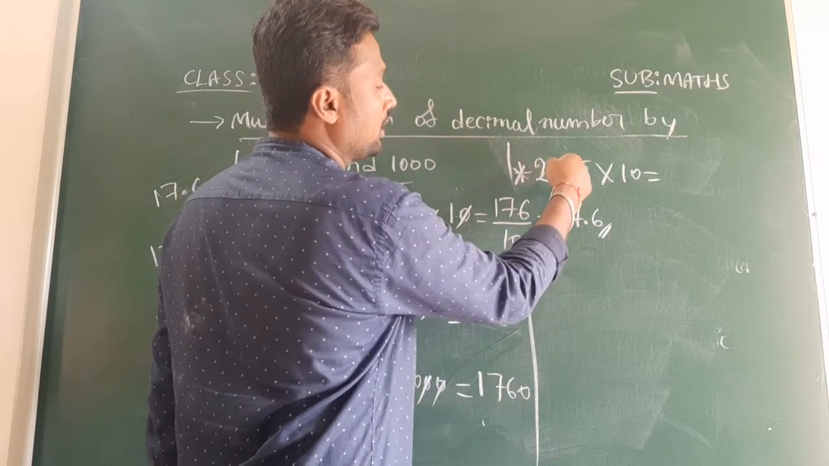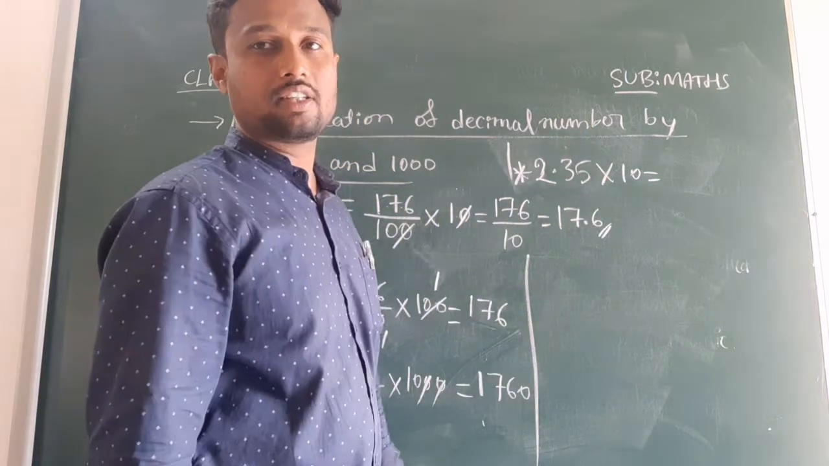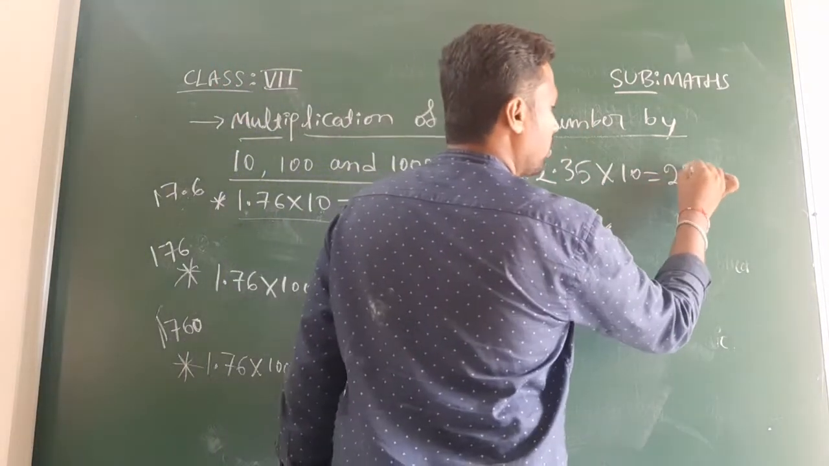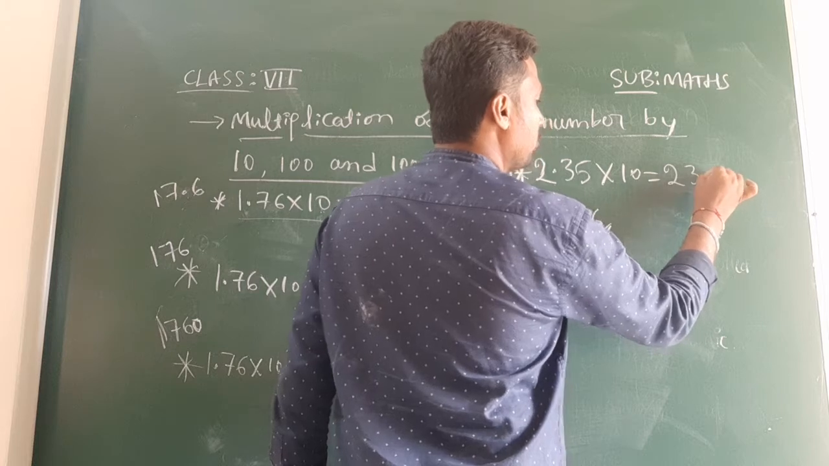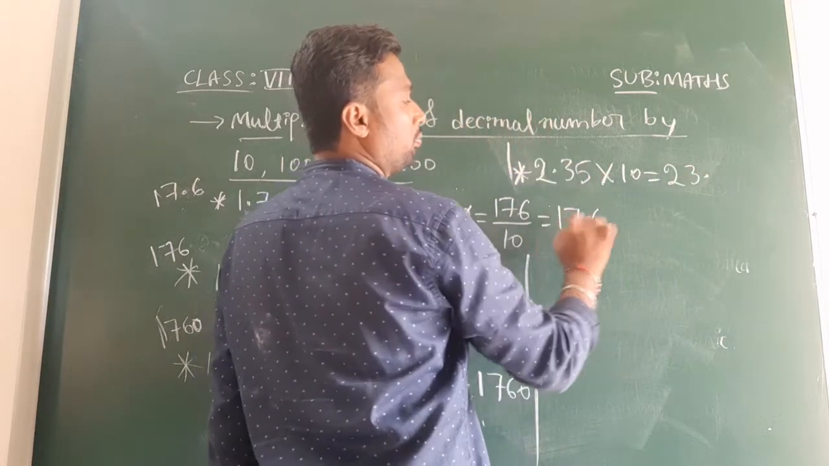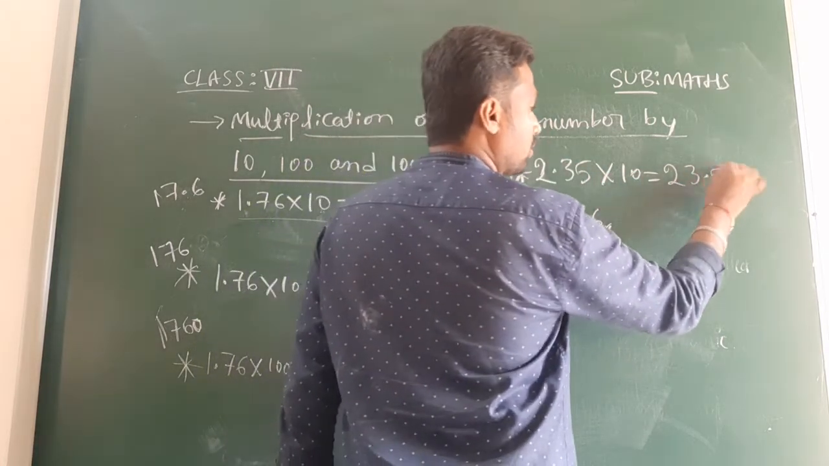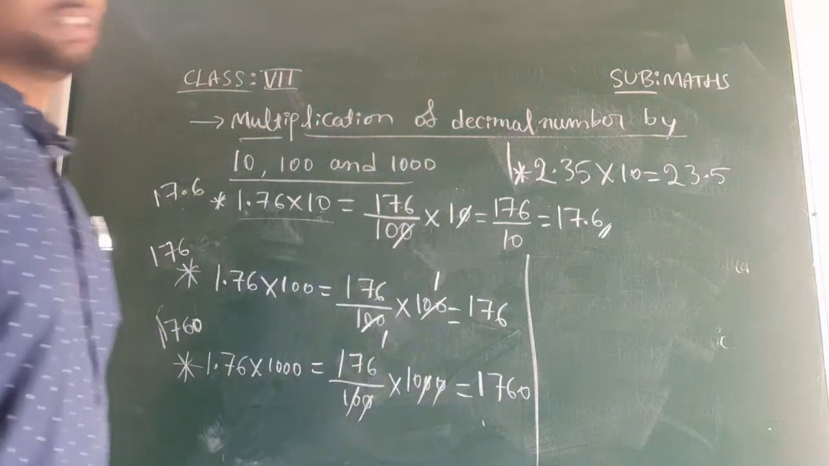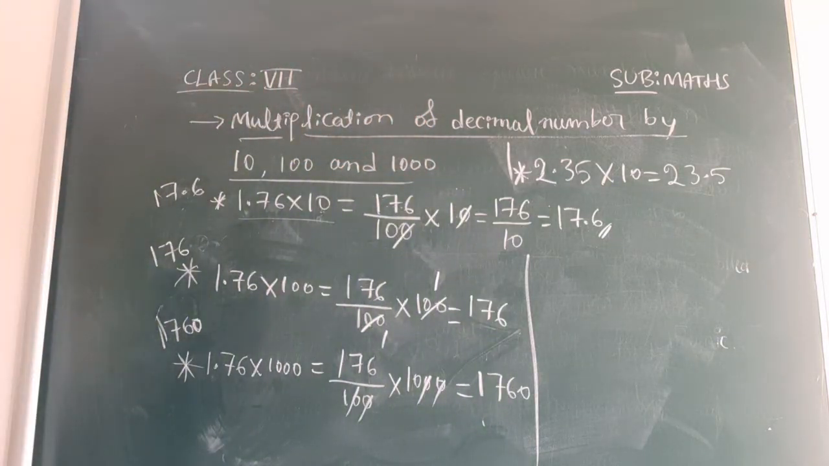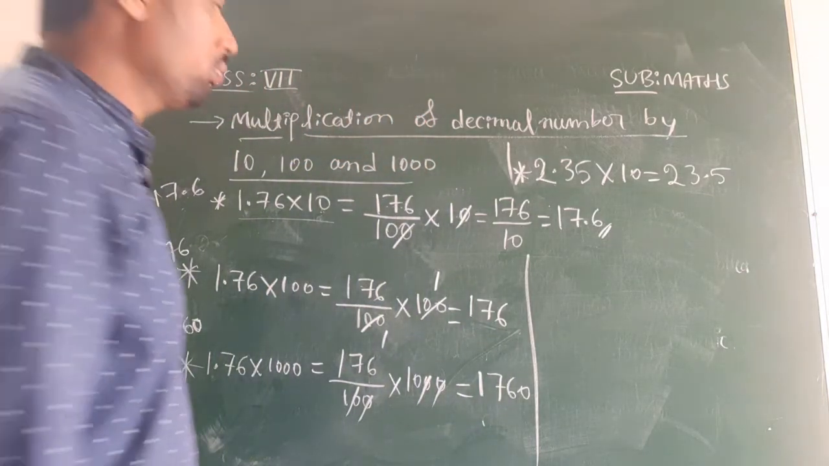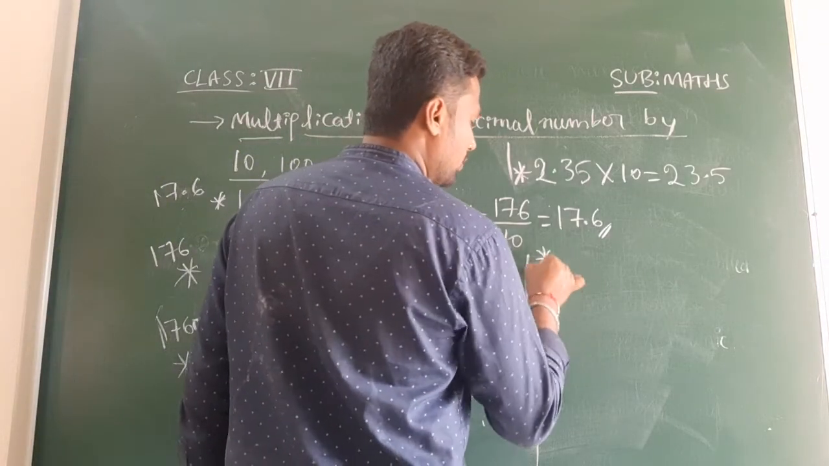So here we have 3. After this 3 we will get that decimal point. So what do you get? 2, 3, decimal point. So I moved one point towards the right side. So 23.5. This is the answer. Okay. Now one more example, that is 2.35